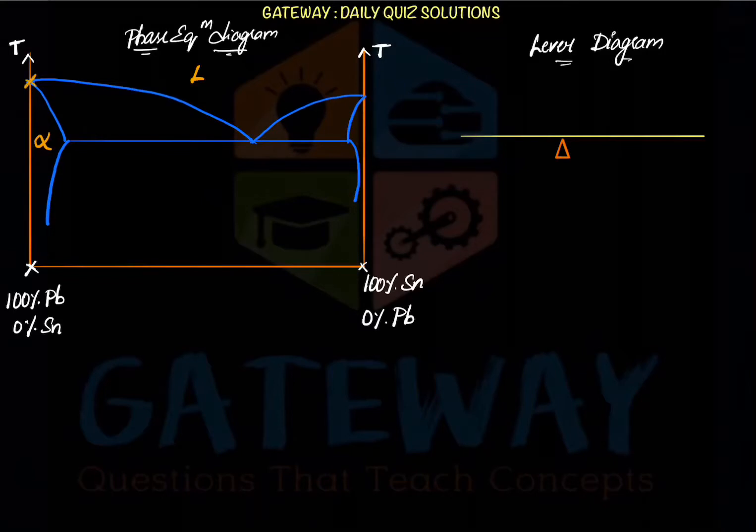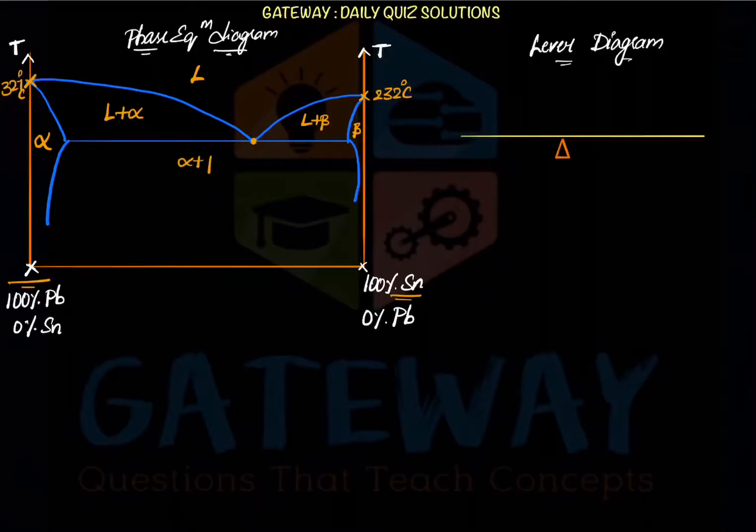And generally when we are talking about this side, we are having 100% Pb, then this is the melting point for Pb, and generally it is 327 degrees centigrade. We know both lead and tin are metals of lowest melting points, and here we are having the tin, and generally it will have a melting point of 232 degrees centigrade. And this is our eutectic point, right? When this is alpha, this phase is the liquid plus alpha, that is L plus alpha, and this is L plus beta, and this is our beta phase. And below this line, it will be the total mixture, the solid solution of alpha plus beta.